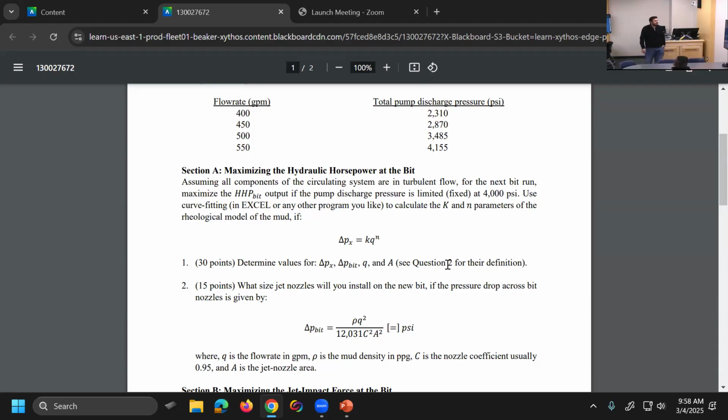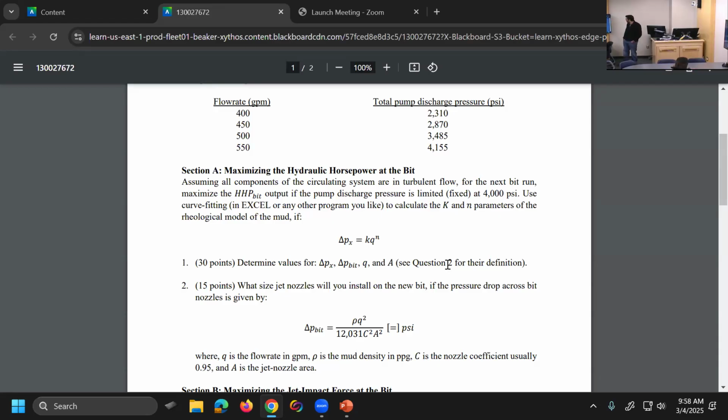So you have delta Px and delta P bit. Now Q and A: since you have delta P bit from here, you can use this equation. Maybe I should have moved this equation higher up. It would have been easier, so that there won't be confusion. You know very well that you're going to use that one. Stupid mistake I made. And then C, you know C, right? 0.95 is not a problem. Rho, you know rho is 12 ppg, I think. I saw it earlier. And the Q is